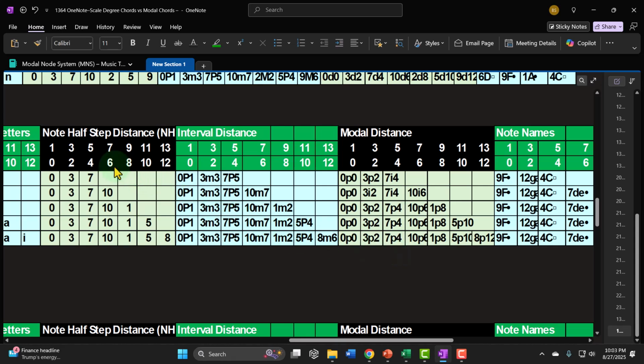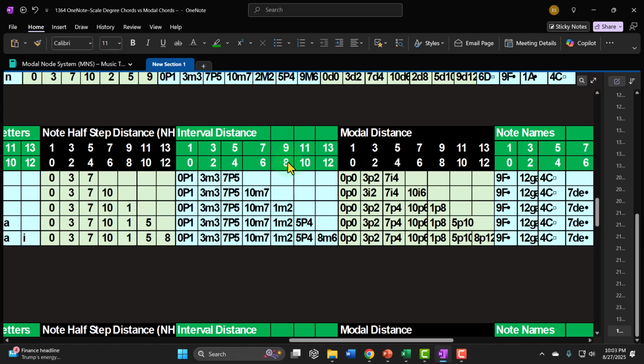If you go 6 modal half steps up, it would be the 7th scale degree, which has a distance of 10 notes. That's our 10 note away minor 7. All the minor modes and the major mode of Mixolydian have a 10 note away minor 7, which we can call 10 notes away from the Phrygian node 6 modal half step. If you go 8 modal half steps up, it's the 9th scale degree, which will be 1 note up, or 1 plus 12 notes up if you take account of the octave, which would be a 1 note away minor 2nd,